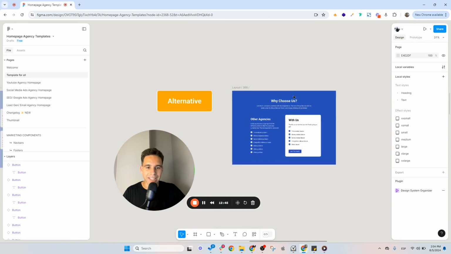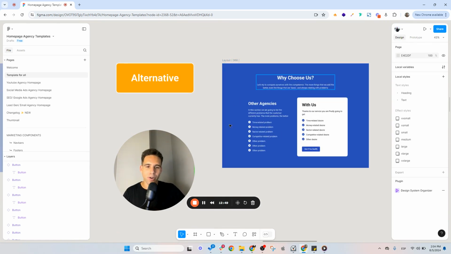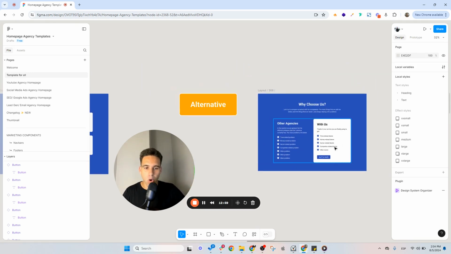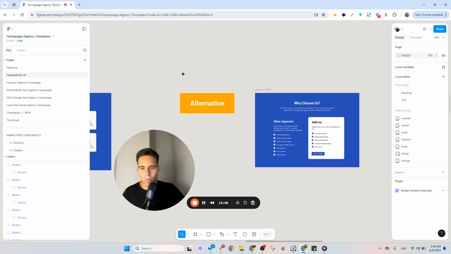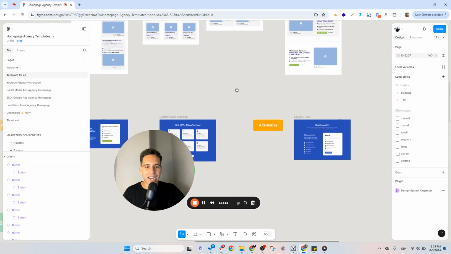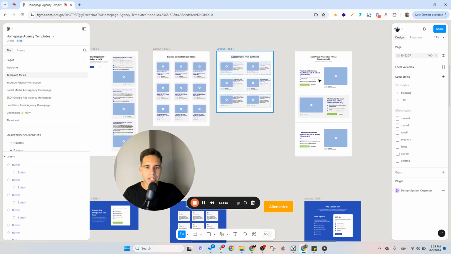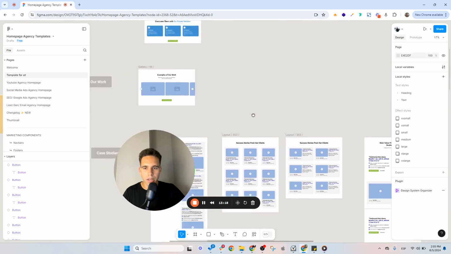And well, the alternative could be: what are the other agencies or the other people doing, and what do you get with us? That can be a comparison, and it's kinda the same. It's like what are you gonna get? All of the things that you're gonna get and you are not gonna get from them. So that could be like choosing one, not adding all of them. Don't want to make a 20 section homepage. So those are the main points. Look at all of the testimonials, the case studies. We can put it in any kind of way.